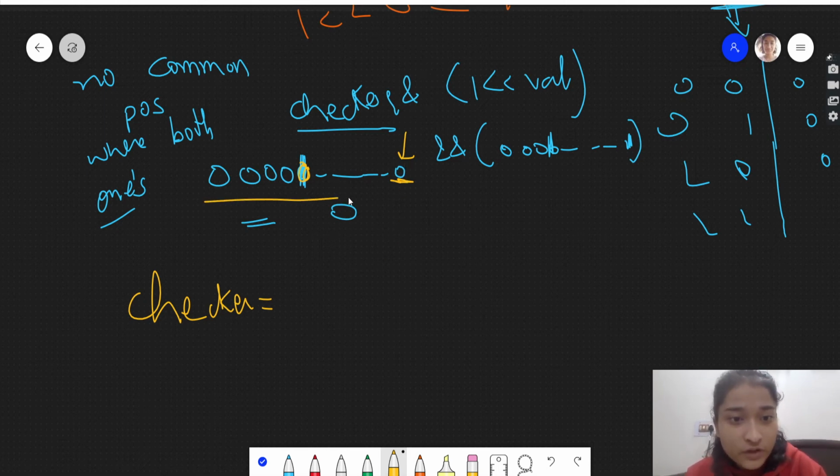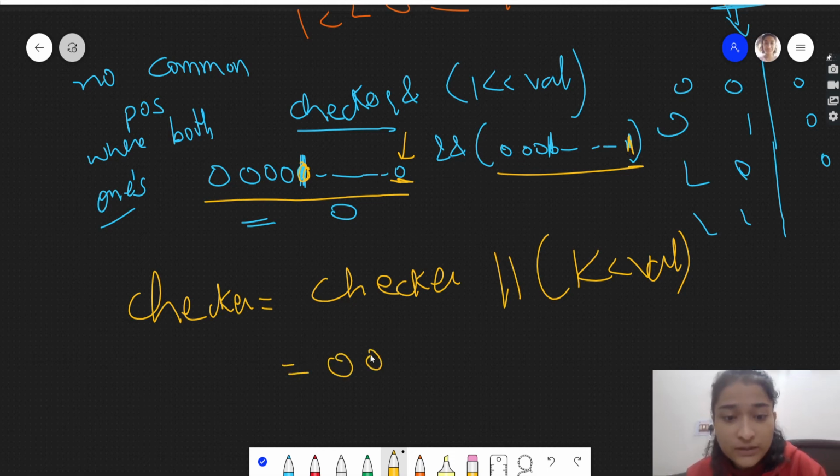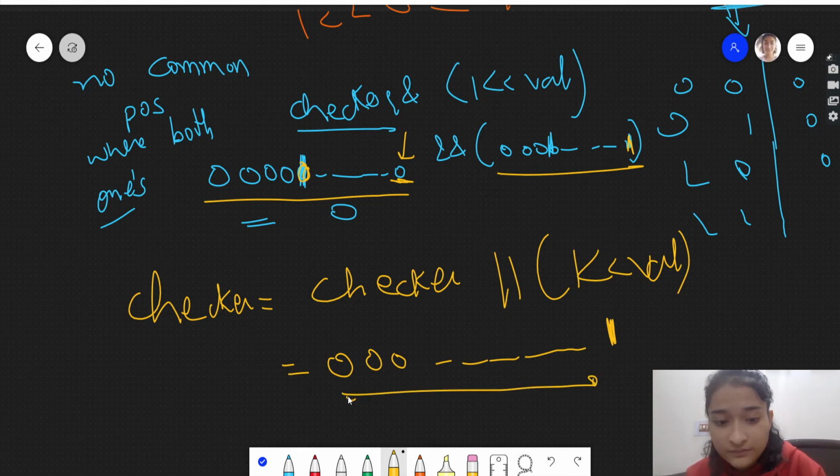So we will OR these two: checker is equal to checker OR 1 left shift val. When you do OR, since here it's 1 and this is 0, it will make it 1. So this checker will now be updated to 0 0 0 0 0, and at last here it will come 1, and these are 31 zeros. So checker is updated.